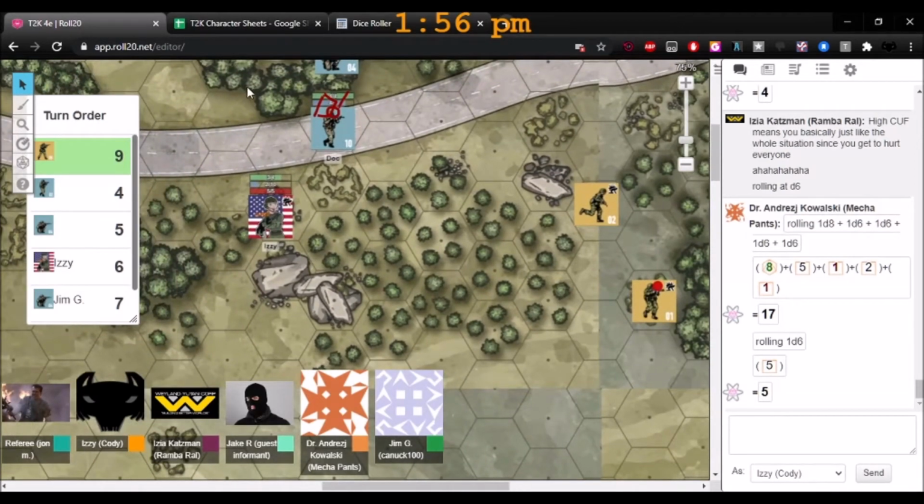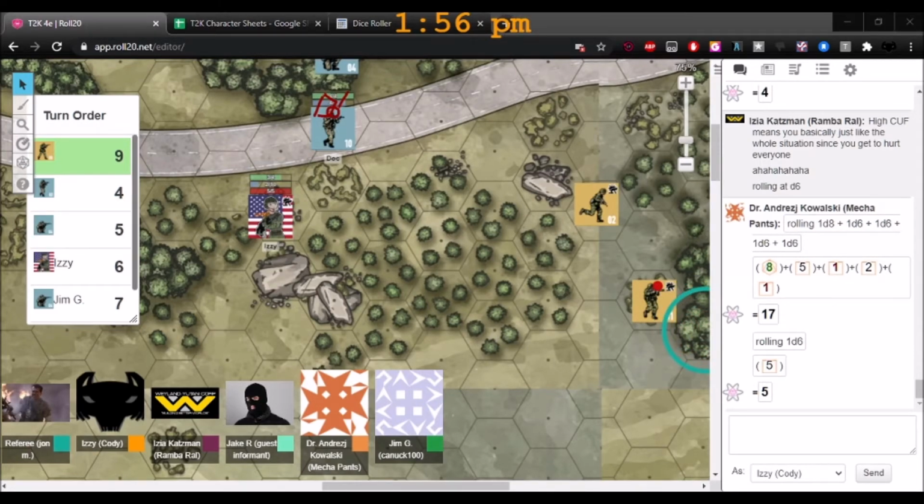Okay. So he's going to keep running. He's going to try and get into the cover of these trees here, but in order to make that other hex, he has to make a mobility roll. So his mobility is agility C, which is a D8, and he doesn't have a skill in that. He's just going to roll a D8 and hope for a success. Oh, lucky for him, he gets into the woods.